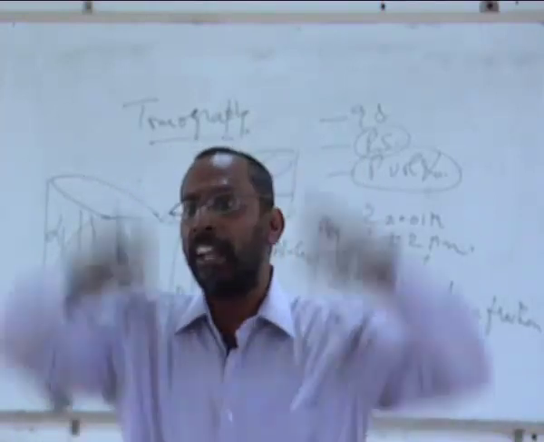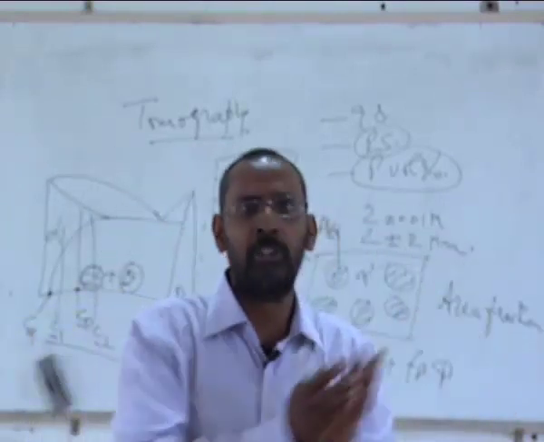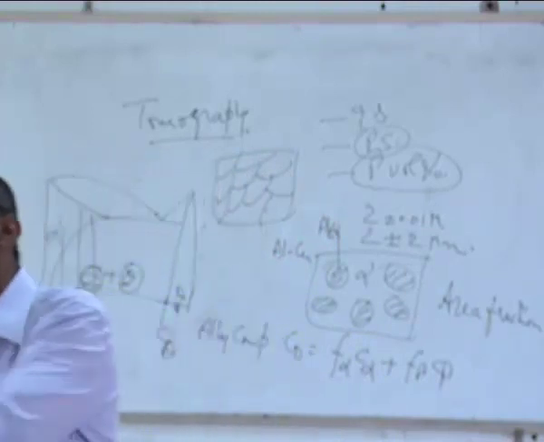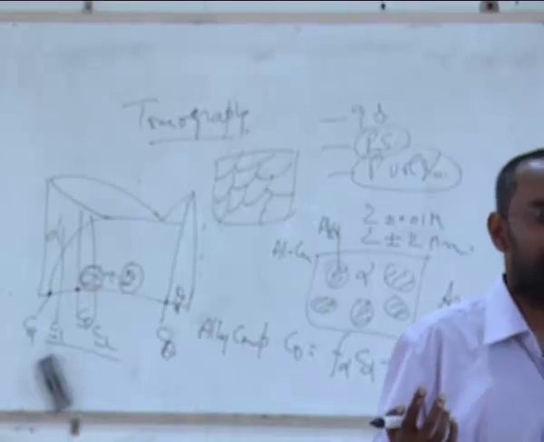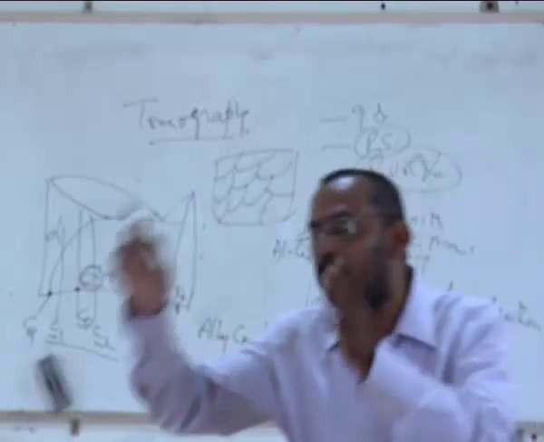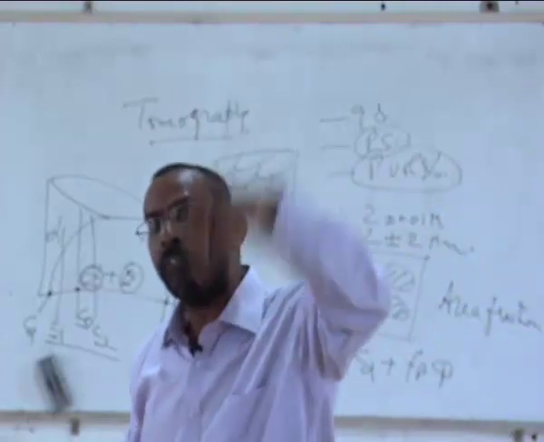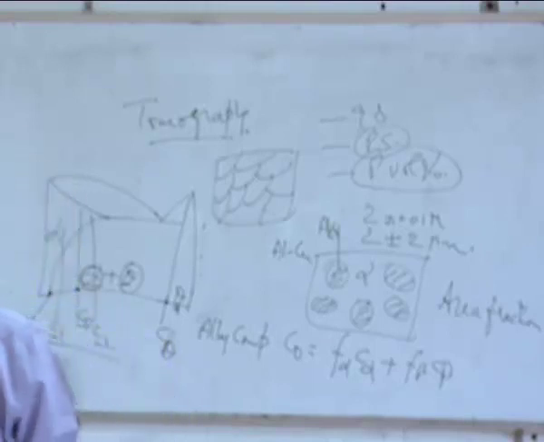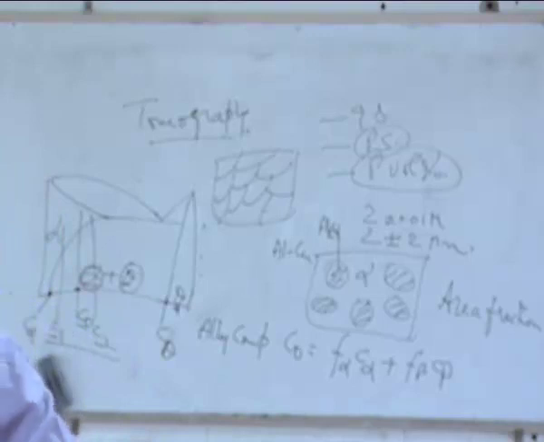Because when I say characterization of material, I mean characterization of everything. I need to know the structure of this material. I need to know the microstructure of the material. I also need to know the composition of the material, because all these things will influence the properties of my material. Not only the composition of the overall material, I also need to know the composition of individual phases, so that I will know whether there is an intermetallic particle in the middle of a matrix or not. So we will talk about this as we go along.